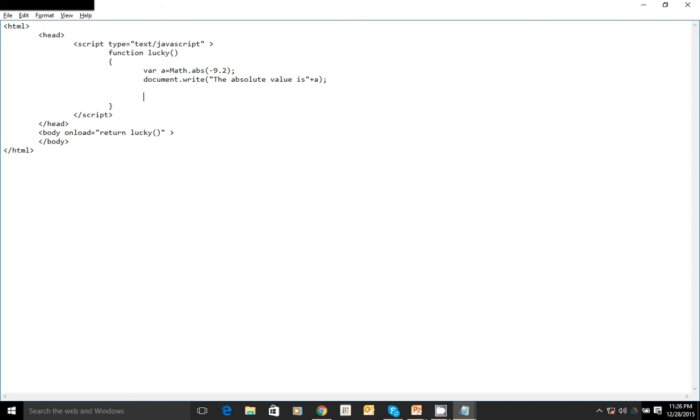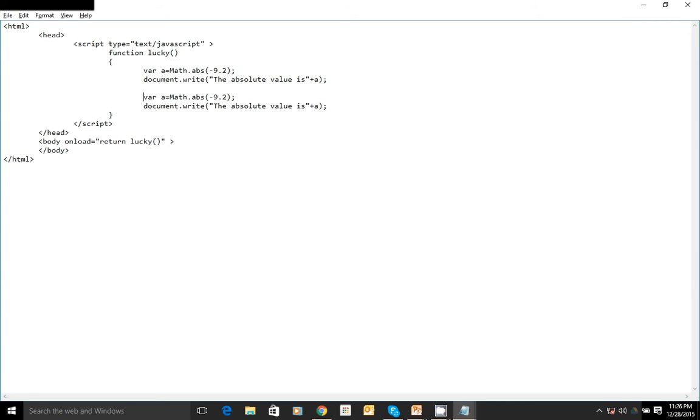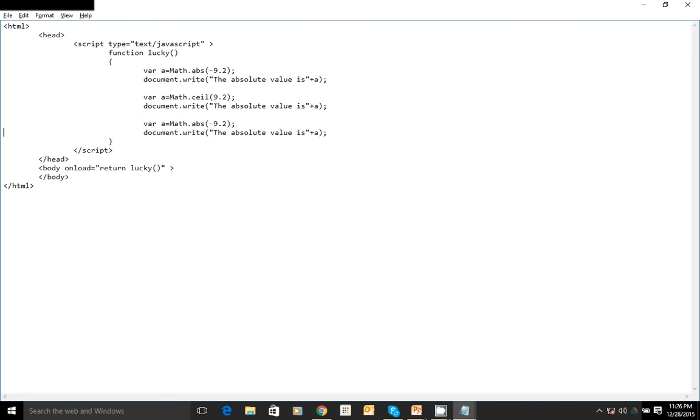And the next one is ceil. Like that, you can write the functions which are there in the math class.